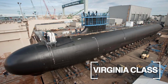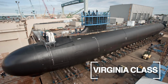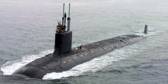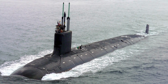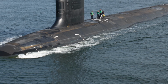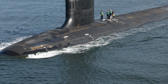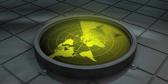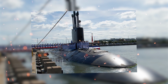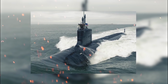Another US Navy submarine, the Virginia class, is a nuclear-powered fast attack submarine that is the successor to the Los Angeles class. It was designed as a smaller, cheaper, and more versatile alternative to the SEAWOLF class. The pride of the United States Navy, this class has a newly redesigned bubble-filled rubbery coating called anisotropic coating, which makes the submarine virtually undetectable by sonar. Isolated on-deck structures and a new propulsion system provide a low acoustic signature, and it can be compared to the